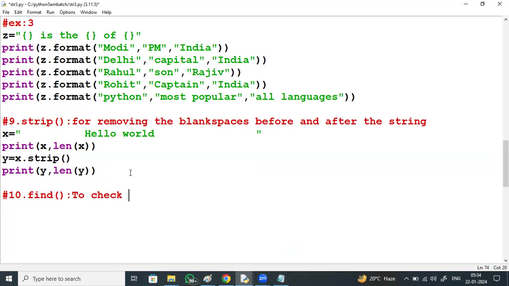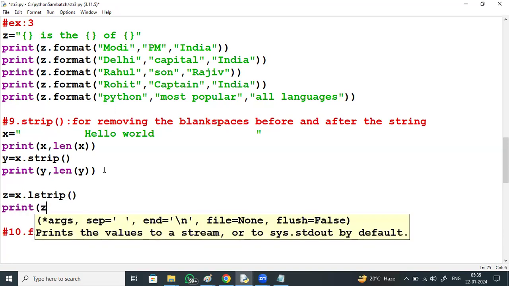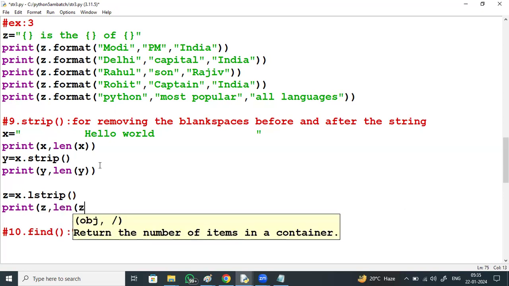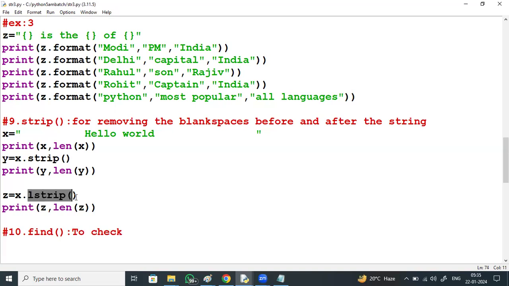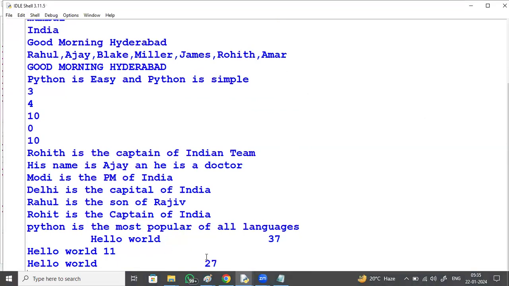If you want to remove only the left side or the right side, z equal to x dot lstrip. Only the left side is stripped. The right side will be as it is. The length is 27.